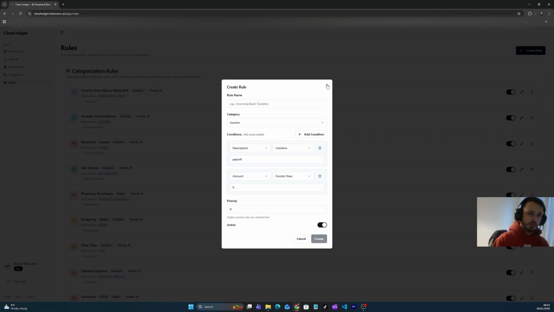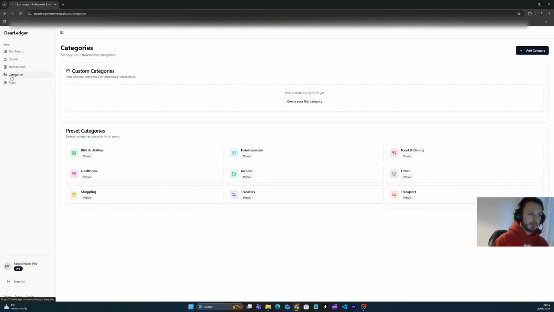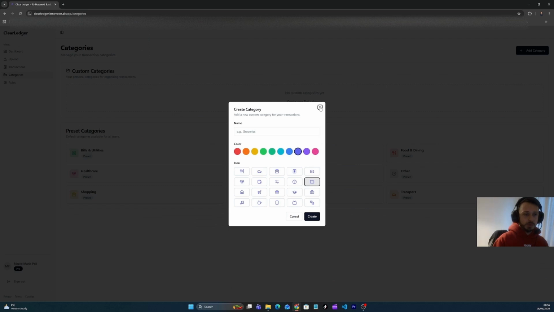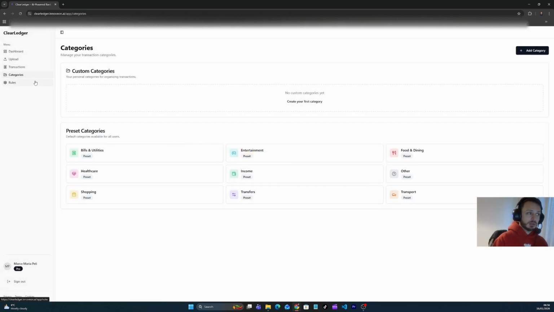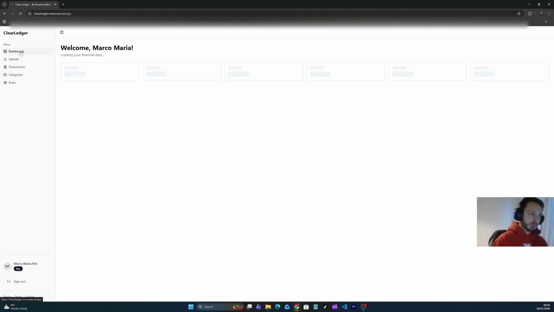rules yourself. Of course, we're talking about rules. Of course, we have the categories, so same concept here. Those are preset categories that I made available to everyone that logs into the app. But this is not like a default. It could be that you have different categories that you have to manage and you can create them easily. But now let's deep dive into what is actually the best part of the software, which is this